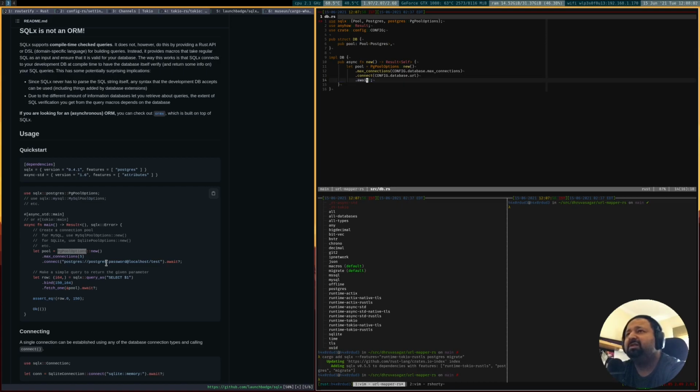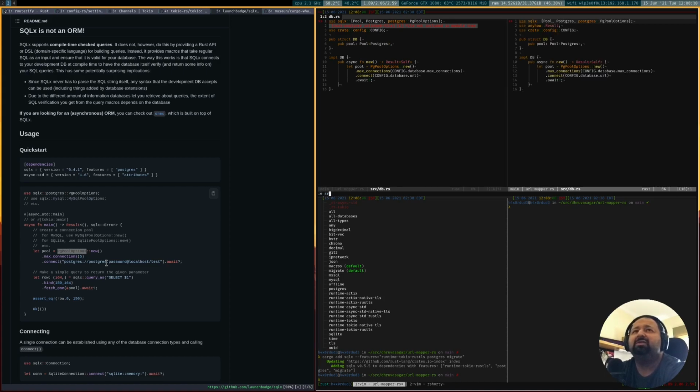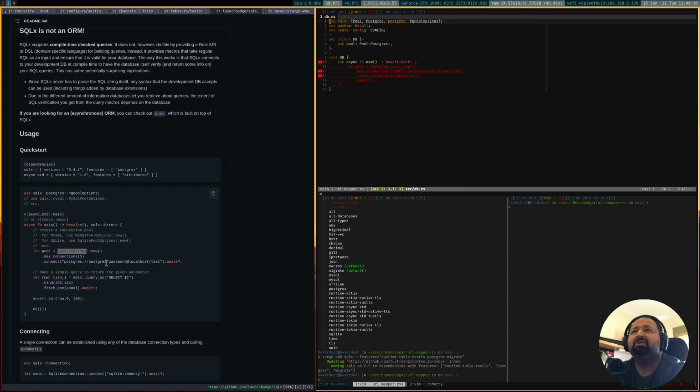Now that we have the pool, the one thing we obviously want to do, let me see what this error is. Yeah, okay, it says this is not being imported, so we will go ahead and import this here just so that this compiles. Obviously it's going to complain because we haven't returned anything yet.